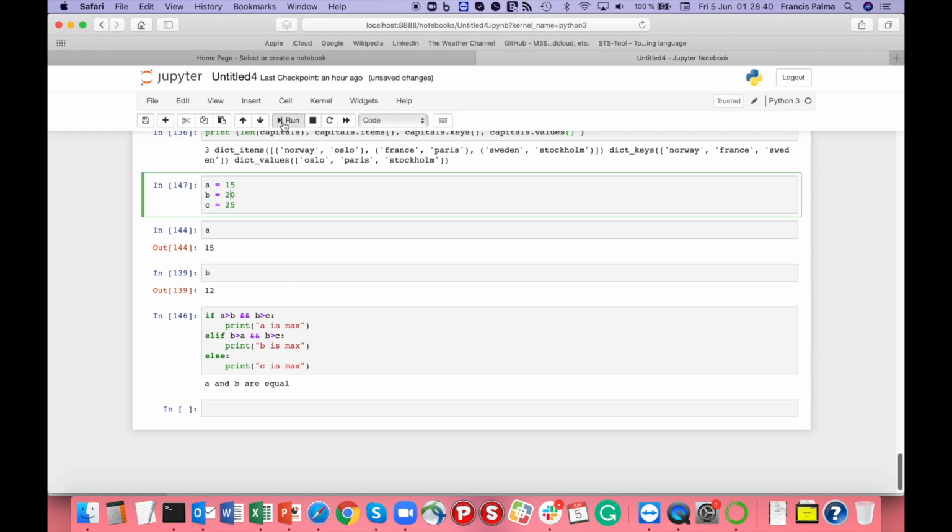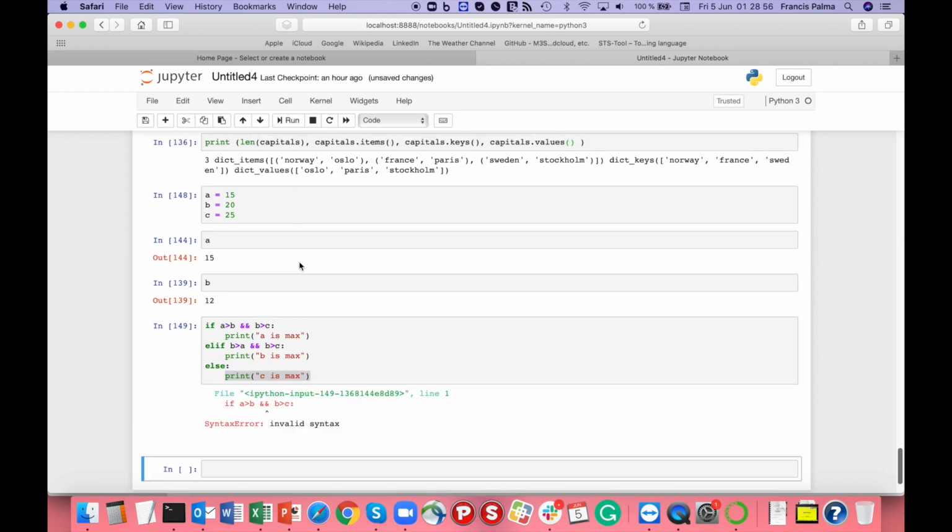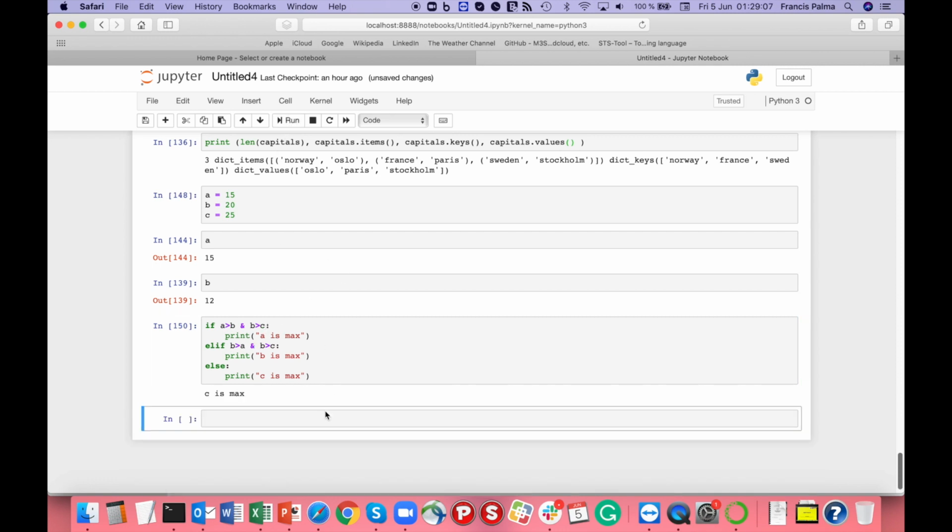So now if we print this, get this value into variables, and definitely c is max, that means the first two conditions will fail, and that's why this else condition will be true. Here again, as you can see, we got this syntax error because it should be one and not two and. So c is max, and I made this error